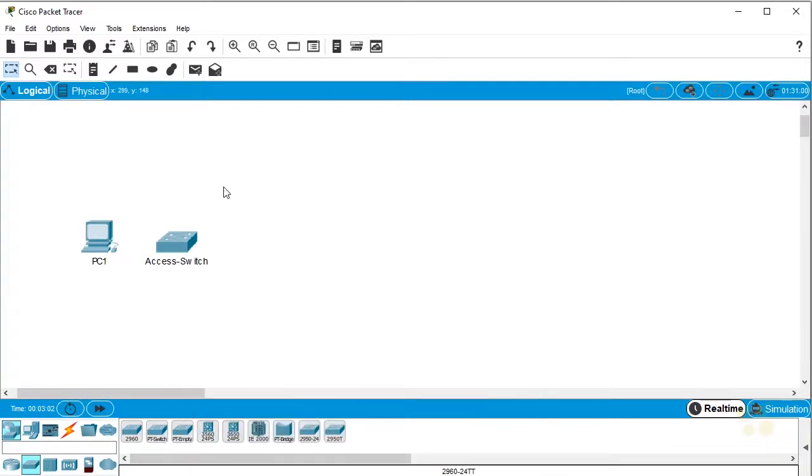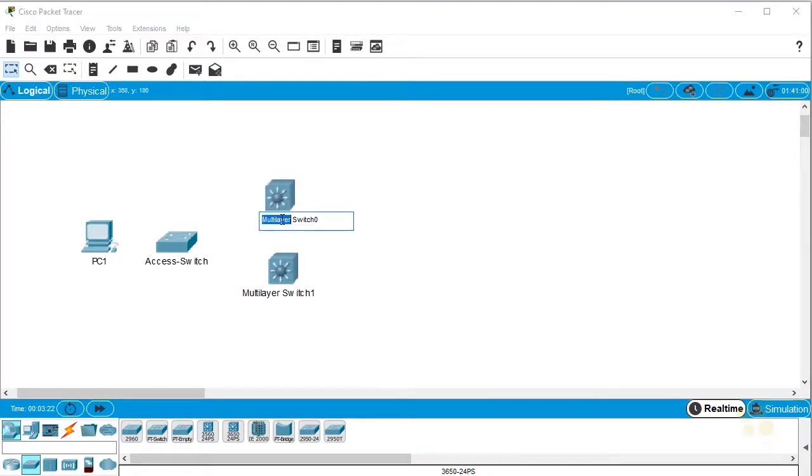So let's build the rest of our topology. We need some more switches. Now let's get some bigger switches for the other two. So with the network devices selected and the switch option selected below that, we have these options here for switches. Let's go for some 3650s. So I'll take a 3650, drop it, grab another 3650, drop it,